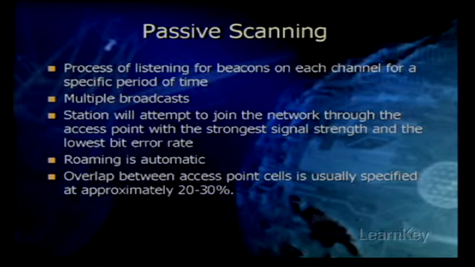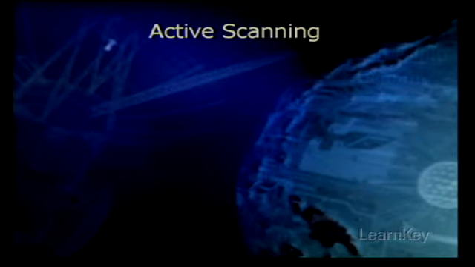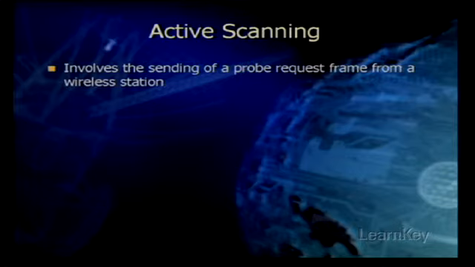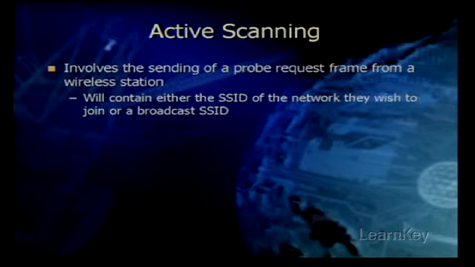The other type of scanning that we have is known as active scanning. Active scanning involves the sending of a probe request frame from a wireless station. Now, stations send this probe frame when they're actively seeking a network to join. The probe frame will normally contain either the SSID of the network that they wish to join or a broadcast SSID. If a probe request is sent specifying a service set identifier, then only access points that are servicing that particular SSID will respond with a probe response frame. If a probe request frame is